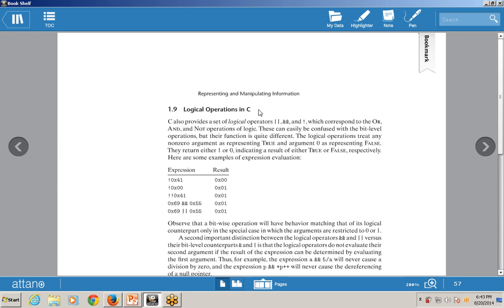Next is your logical operations in C. In the same way, there are bit level operations. The char data type is used when we are using text characters. Suppose I want to print HARRY in C language, then I can use the char data type. Suppose I want to print numbers, that is 10, 11, 12, so that is done by the int data type. So there are multiple data types to represent different numbers or different characters.